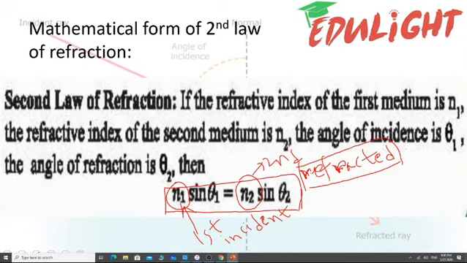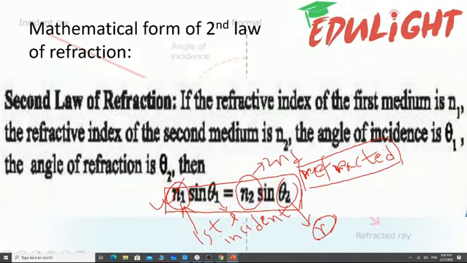So when we express the refractive indices of two mediums separately, we will be using this formula, that means n1 sin theta 1, where theta 1 is the angle of incidence, i, and theta 2 is the angle of refraction, or simply small r. Then we will be using this formula, n1 sin theta 1 equals n2 sin theta 2. If one of the terms is not known, let's say you have been asked to find the refracted angle after incidence on the first medium, then what you will do,